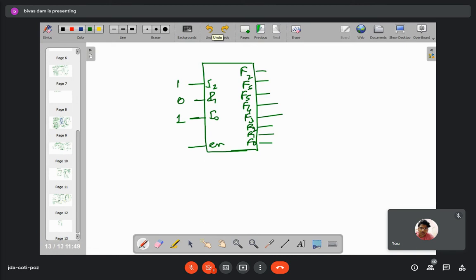So, what can I say about some of the outputs? Definitely 2 to the power n minus 1 will always remain 0. Which are those here? F7, F6 and F4 to F0. These are 0 definitely. Now F5, whether that will be 1 or 0, depends upon this enable input. Enable input, so এখানে নামটা যদি enable input না বলে আমি যদি data input, data in channel.